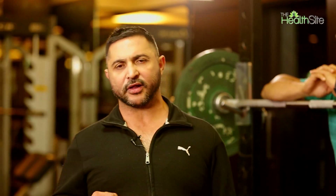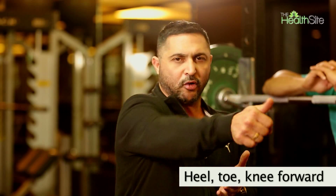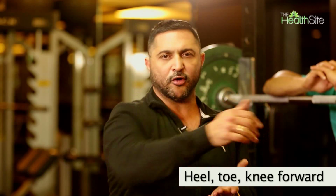A lot of people who execute the lunge properly, or think they're executing it properly, tend to sort of squat down instead of lunging forward. Now remember the words that I kept repeating as Kamlesh was doing the lunge. Heel, toe, knee forward. Heel, toe, knee forward. What most people end up doing in a lunge is heel, toe, and squatting down. Now that basically doesn't put the entire center of gravity of the body onto the forefoot